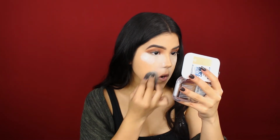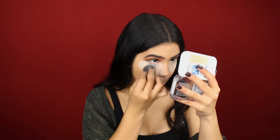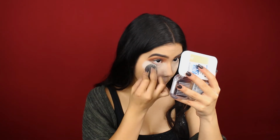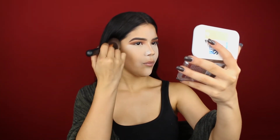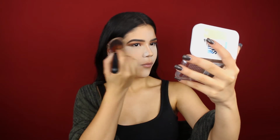Now to bring a little bit more warmth into the skin, I'm gonna use the MAC Mineralize Skinfinish in the shade Dark, and I'm gonna be using it with the Morphe R2 brush, and I'm just gonna apply it on the outer areas of our face, basically. A little bit on our cheeks, on our jawline,